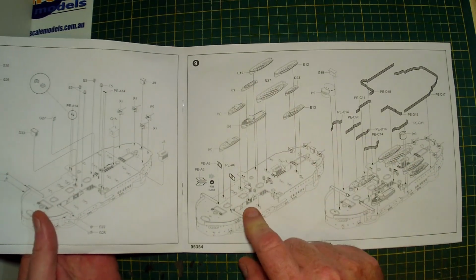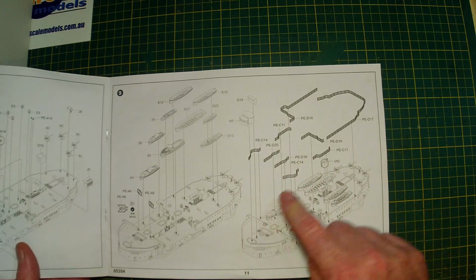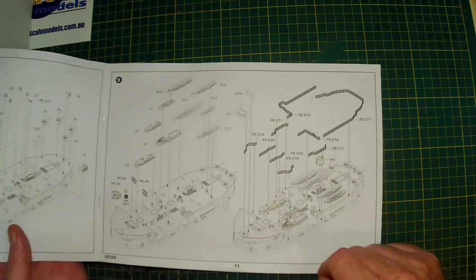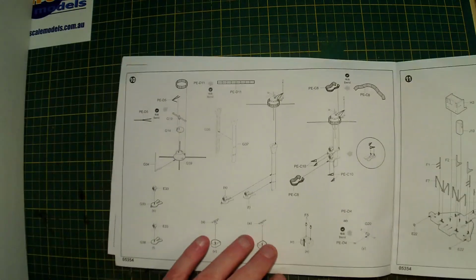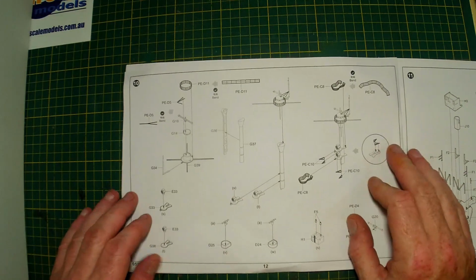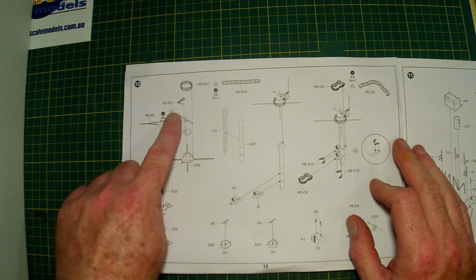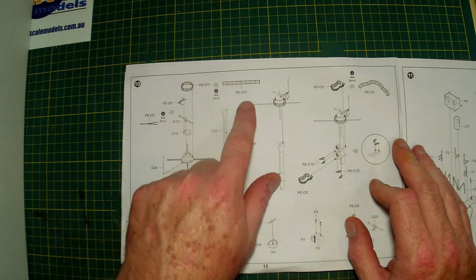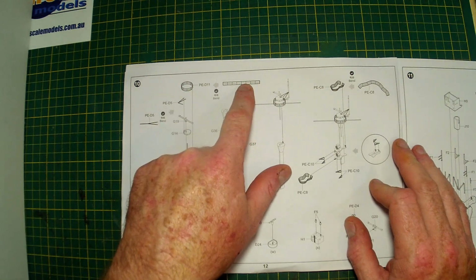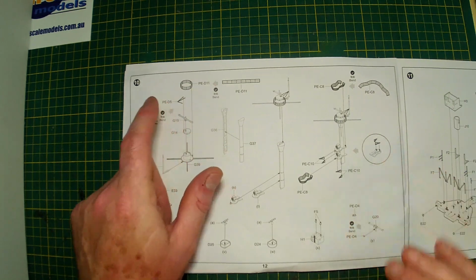Attaching the lifeboats, and we've got photo etch again and ladders, photo etch handrails and ladders, and then a ton of handrail for this level. So just work through that nice and slow. Back to the masts. A lot of PE parts again, D5s, etc. Round piece, so you can see that's how it starts. You cut that off the sprue, and that's how it looks. And just to give you a little bit of a heads up,